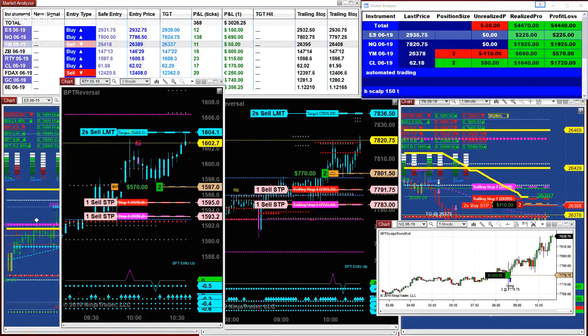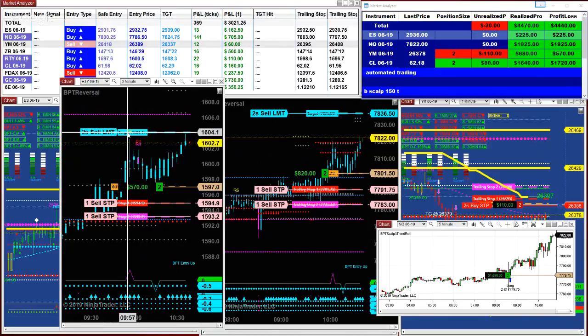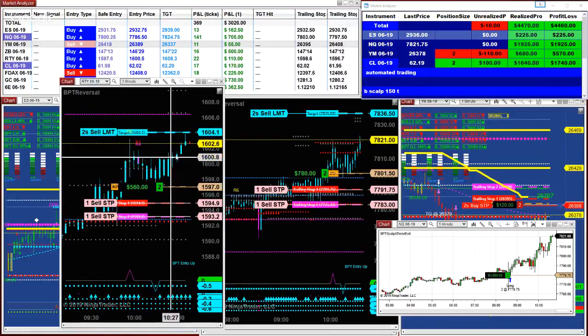And we get this question a lot. Someone is emotionally disturbed and doesn't want to look at the chart. You have no problem making money, but you have a problem looking at it. But on this one, guys, if you look at the Russell, we missed the target by one tick. Is it worth it not to look at the chart? Really, is it? You wanted the money, but you don't want to look at the chart, and you have to look at the chart and say, what the hell, I'm closing it here, because if there's a pullback right now, you're gonna give all this money back,